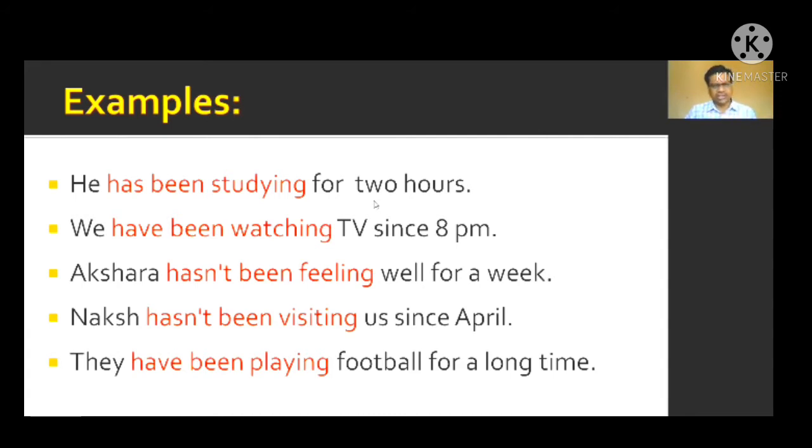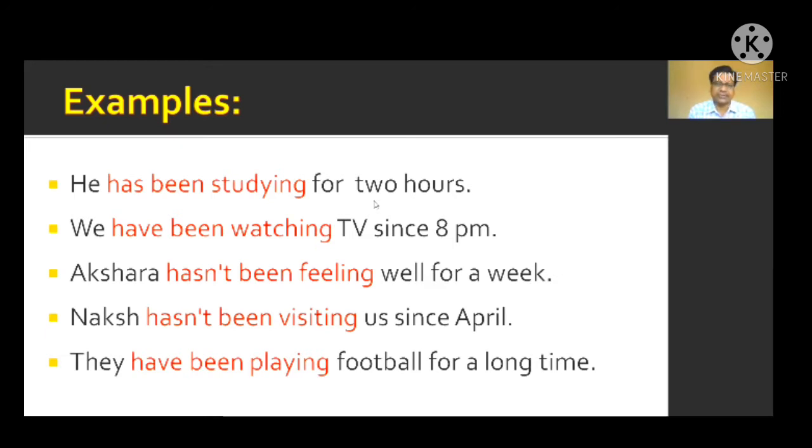He is the third person singular number. That's why we have used has. If at all the plural number subject would have been there, like we or they or you, probably we would have used have. So here you have he, she, it, third person singular number. If at all they are used in the sentence, especially of this kind, we use has. So he has been studying. See, this is the verb phrase. Has, already I told you, in association with the subject, that agreement is made here.